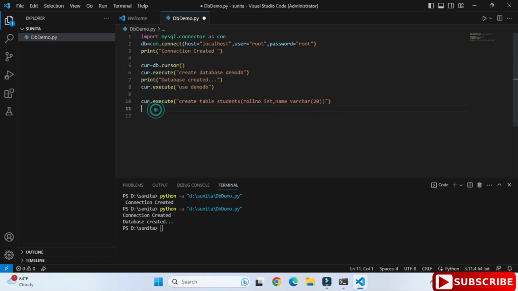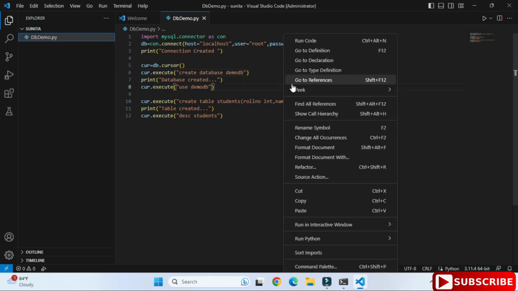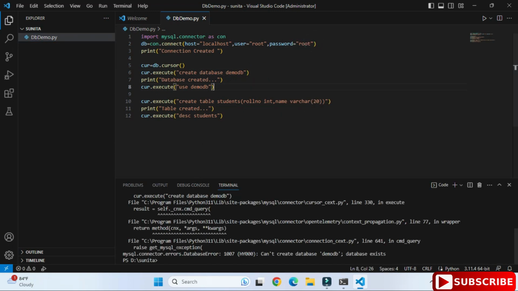Okay, so done guys. Now let me run it again. So we'll run it, and here guys you can see I'm getting an error, because what is happening, this demo DB is already existing. So it's showing me that this database exists because we have already run this code. So demo DB is already created.